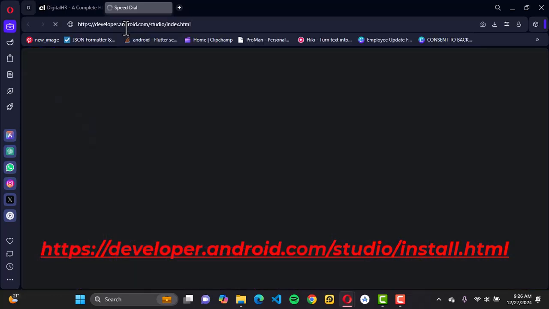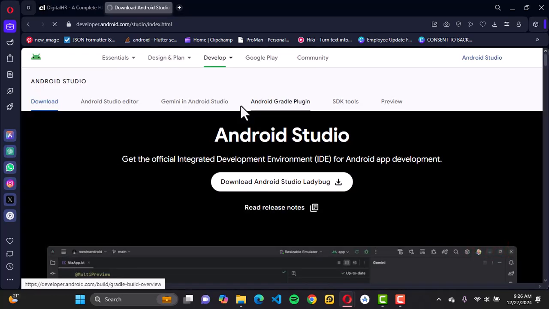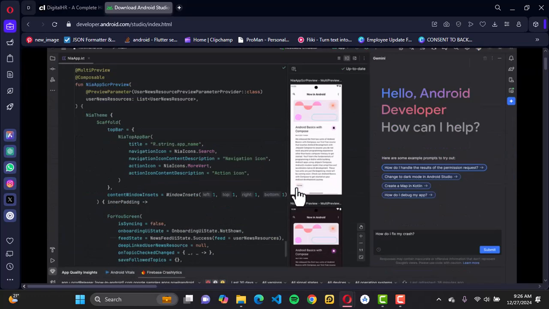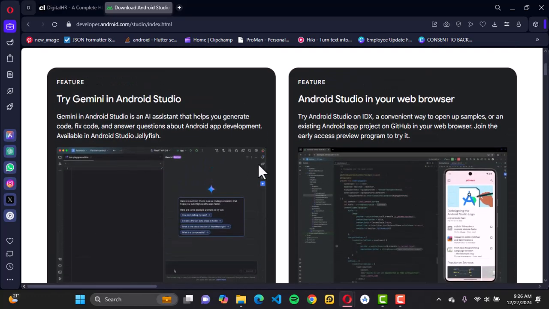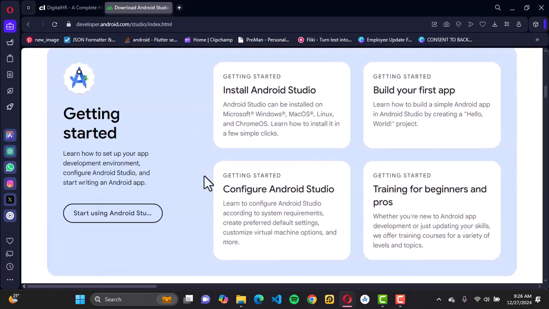developer.android.com/studio/index.html, and you go to Android Studio. The purpose of this is for those that are new to development and you just want to get things done. You need to have the integrated development environment, which is Android Studio in our case, and you just need to get it installed. You could directly install Android Studio from here, which the current version is Ladybug, or you could just go down, but remember to read through the features, they're usually good. You could just go down here to see